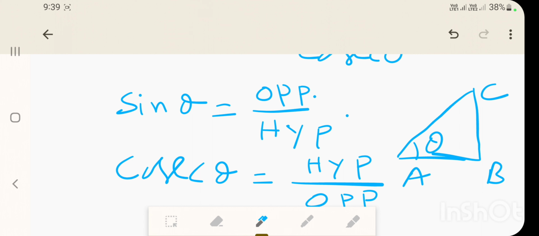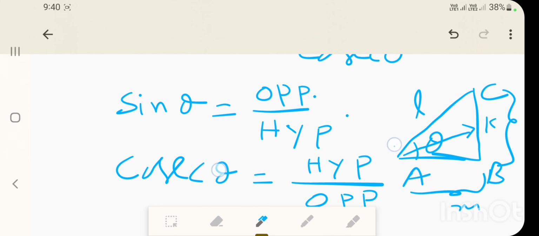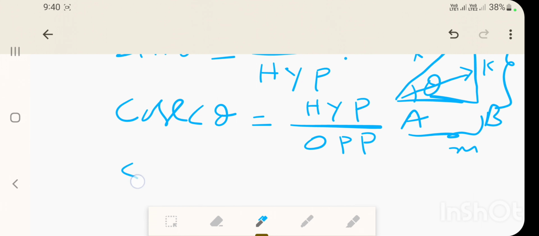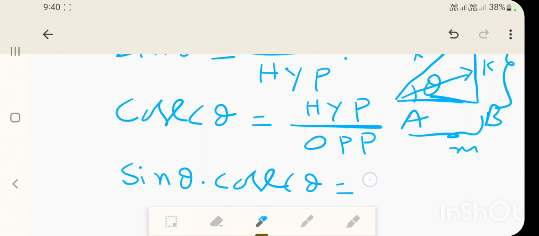Okay, this is the angle theta in triangle ABC. AC is the hypotenuse, with length L. Opposite to angle theta is BC, so you can take the length of BC as some K, and the adjacent side length you can take as M. Now if you multiply these two, sin theta into cosecant theta, we get